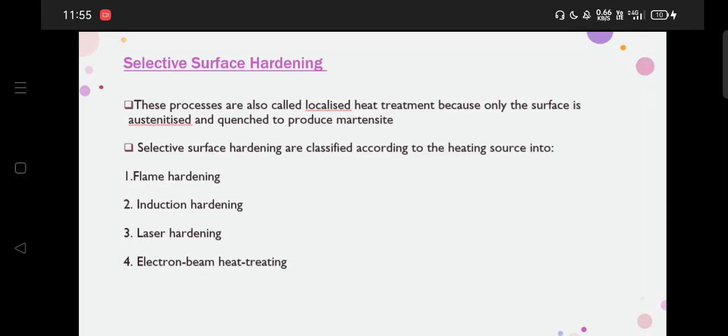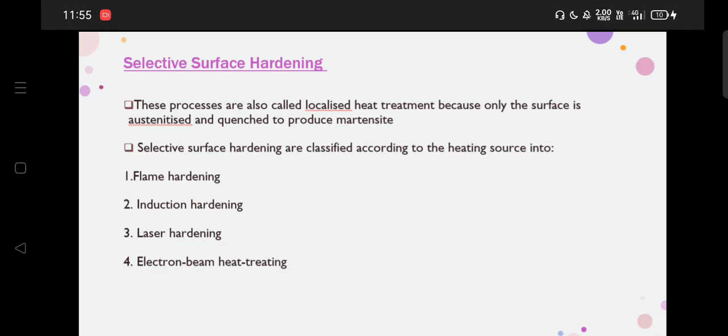Hello guys, today we are going to discuss a process called selective surface hardening. These processes are also called localized heat treatment because only the surface is austenitized and quenched to produce martensite. Selective surface hardening is classified according to the heating source into flame hardening, induction hardening, laser hardening and